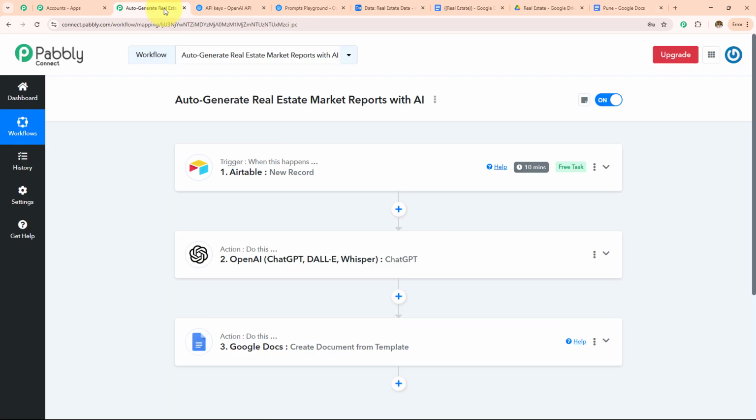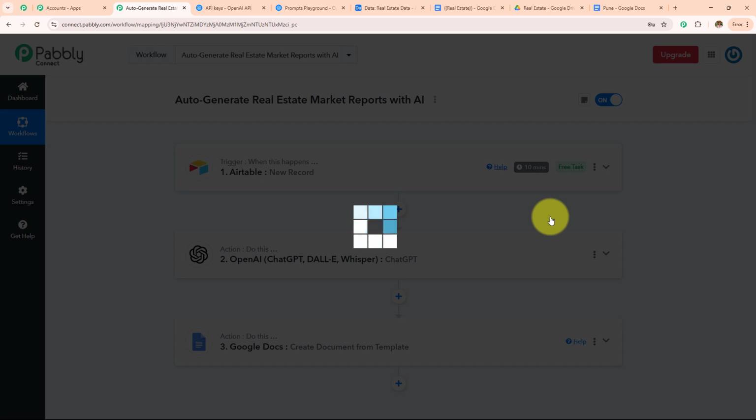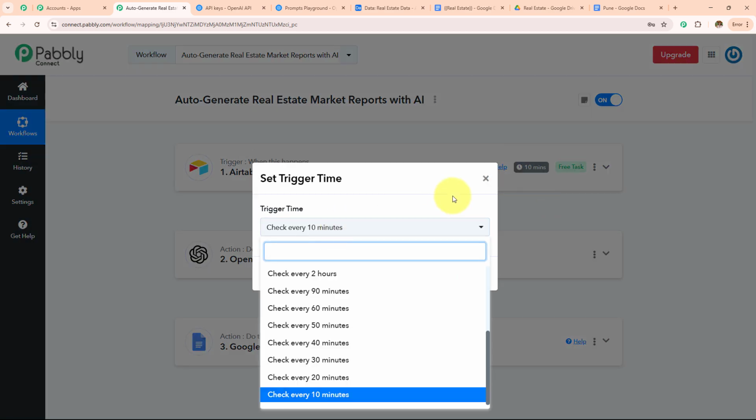Now to summarize, we took Airtable as a trigger application where we made connection with Pabbly Connect. We added a data in my Airtable and received that response over here. It is important to notice that Airtable is a polling based application, which means it will fetch for the response after 10 minutes. I have updated the database and it does not instantly give me the response. You can also set your trigger timing by clicking on the three dots. Click on the set trigger time and select your own trigger time.